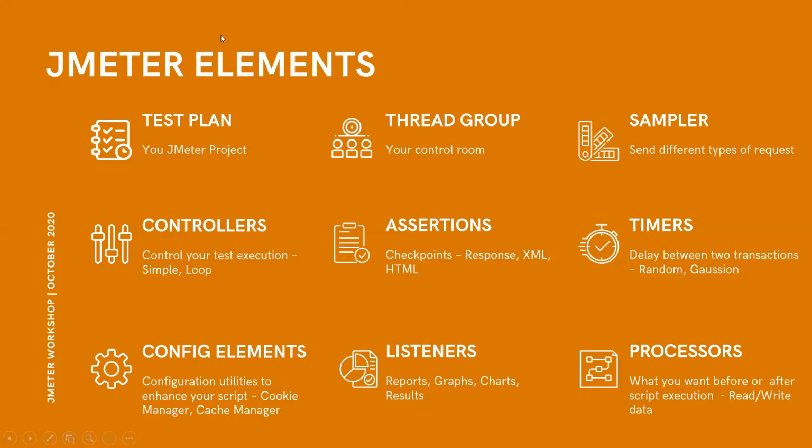The next one is the sampler. Sampler means we want to test our applications. How do we access the application? We are accessing via HTTP or HTTPS protocol. We'll write http://www.google.com or your application.com. So HTTP is one of the protocols, so you should go with the HTTP sampler. So it's a type of request. There can be another type of request which can be FTP, it can be SMTP, it can be a JDBC request where you want to just fetch data from a database via some query.